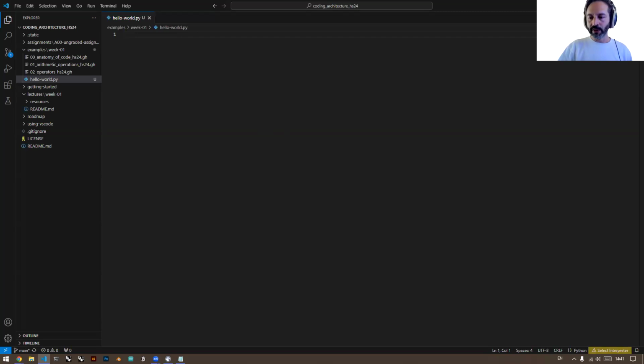And for that, we will click here, this yellow button. It might not be yellow in your case. It might, instead of saying select interpreter, say 3.9 or 3.10. It might say already a Python version. When we click,